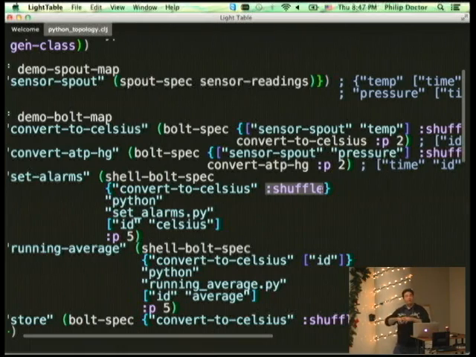There's another one that says send it to all 5 guys. And in some cases, like this one down here, I'm neither going to send it to all 5 guys nor shuffle. Even if one guy is really busy, if that's the guy who keeps track of sensor number 1, always send it to him, because I told you to group on ID. So there's a bunch of different ways that you can manage that. Yeah. Repeat the questions.